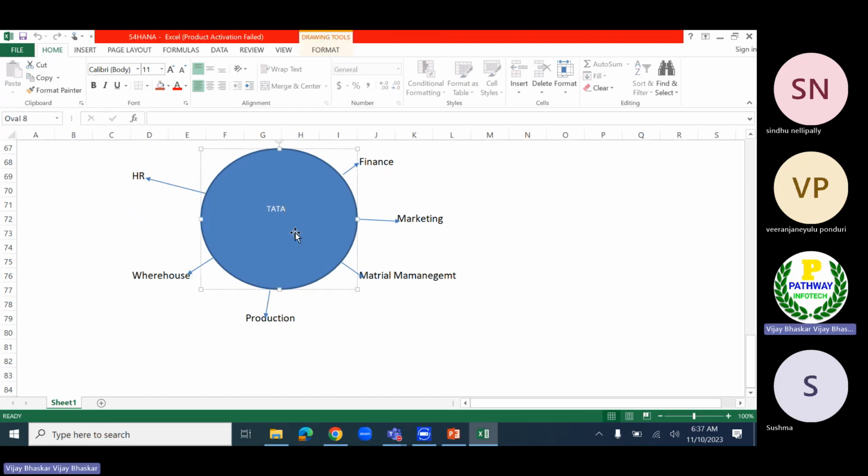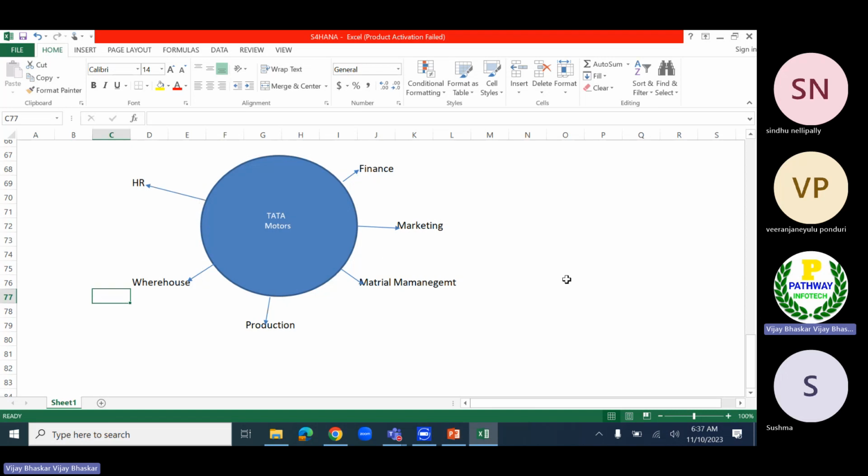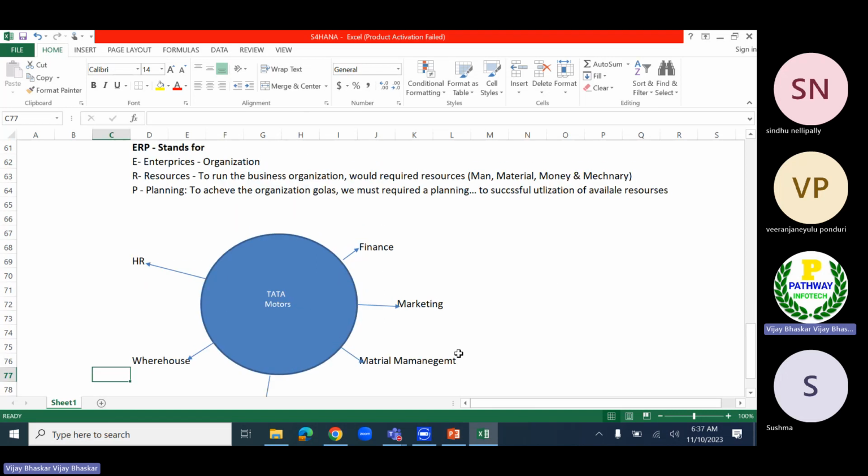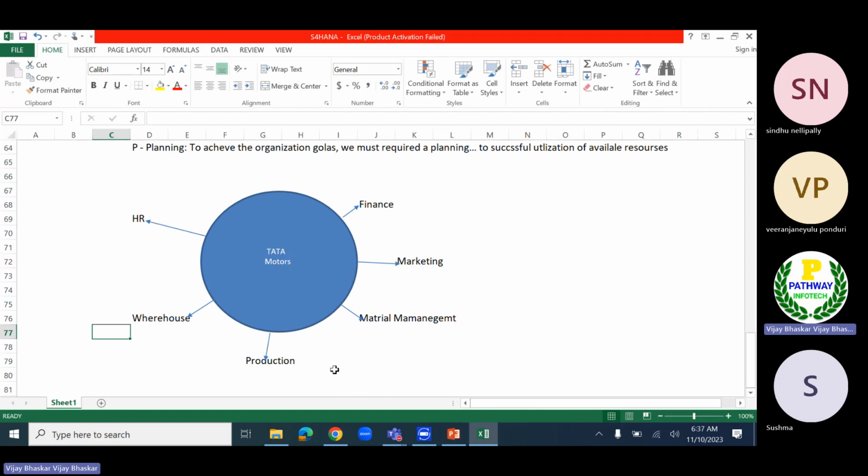In Tata Motors, we have different kinds of departments: the finance department, marketing department, material management, production, warehouse, and HR department.